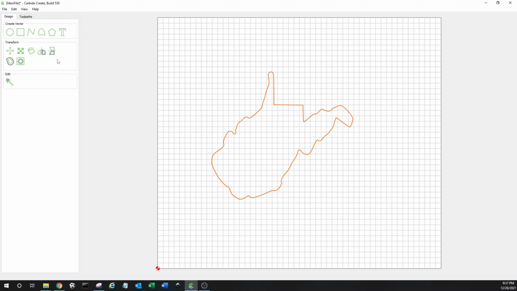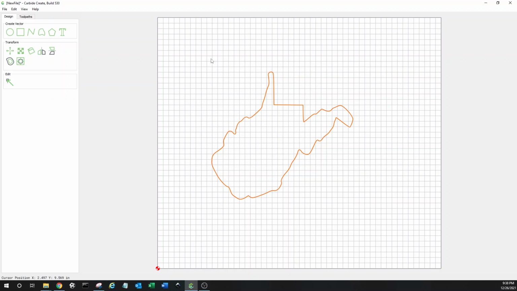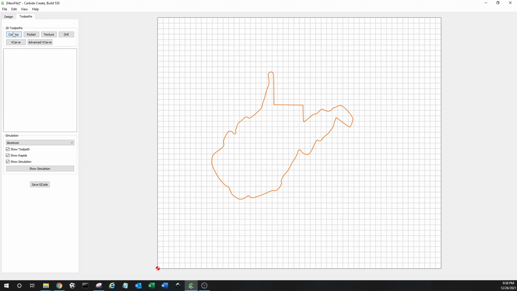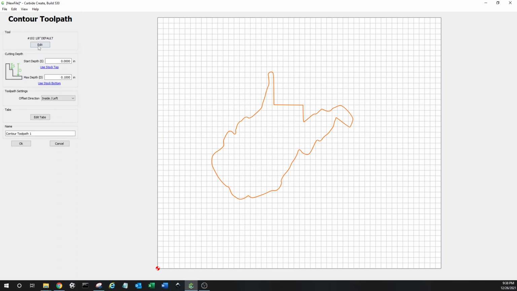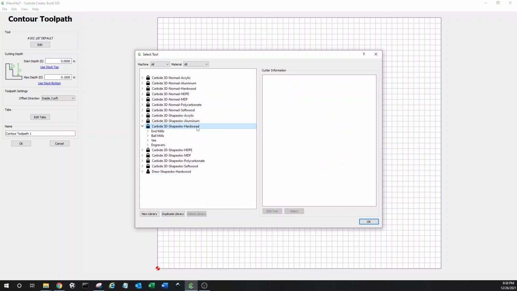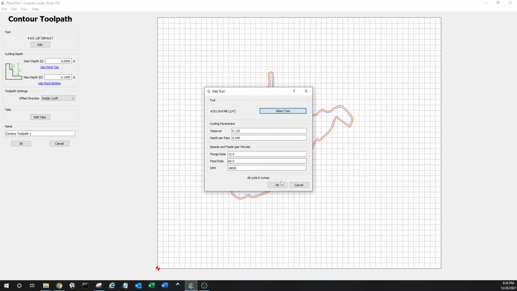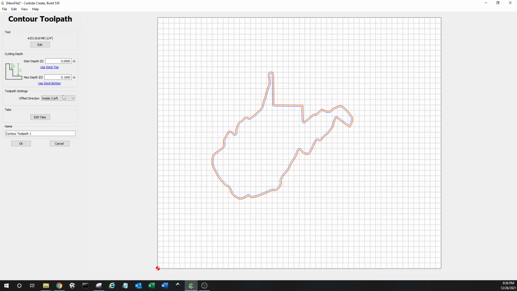So if I want to just go ahead and do a straight outline cut of this in Carbide Create, we'll have some more videos coming back from this, but just to do a quick line item here, we'll just go ahead and create a simple toolpath to cut this out. And I'm just going to go ahead and select my 1/4 inch end mill,